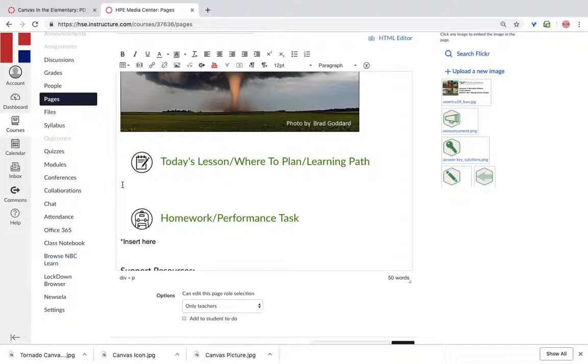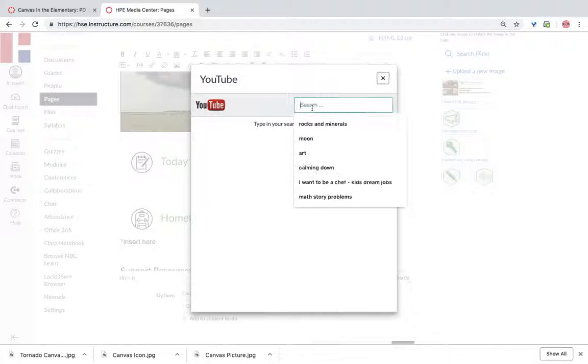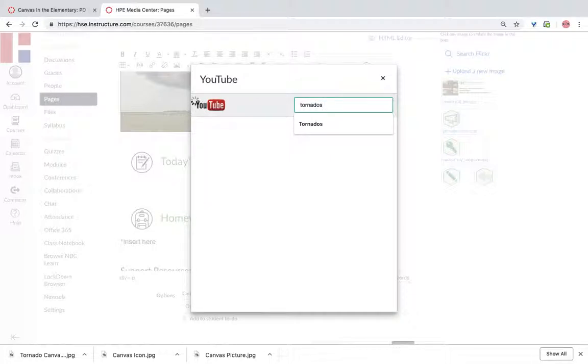And what's so great about Canvas is that YouTube is embedded right into Canvas. So if you look up here, you'll see the tiny little red box that says YouTube. If you click on it, it doesn't take you outside of Canvas. You actually stay in Canvas to do any of your YouTube searching. So I want to type in tornadoes,